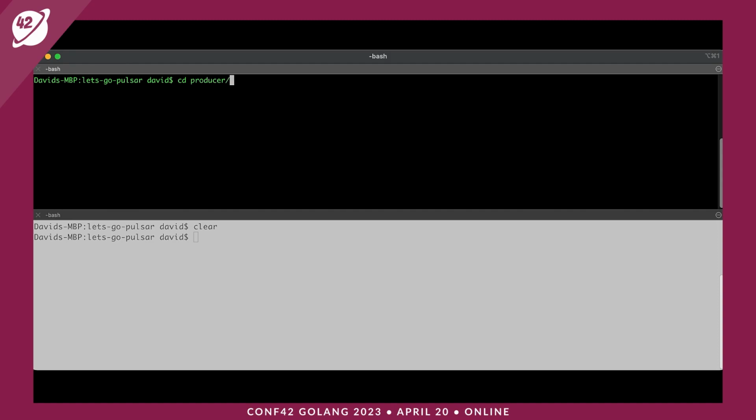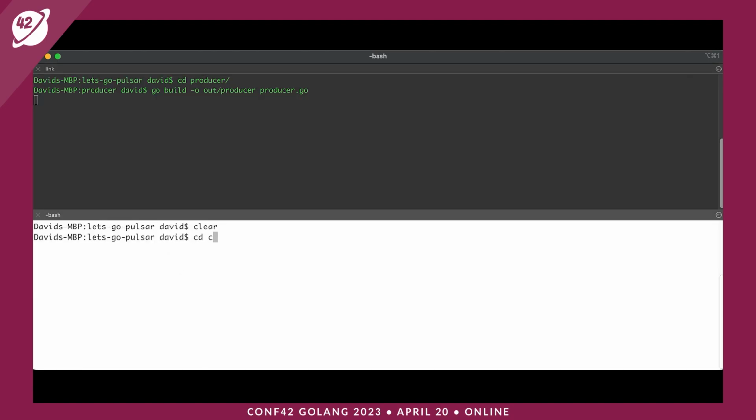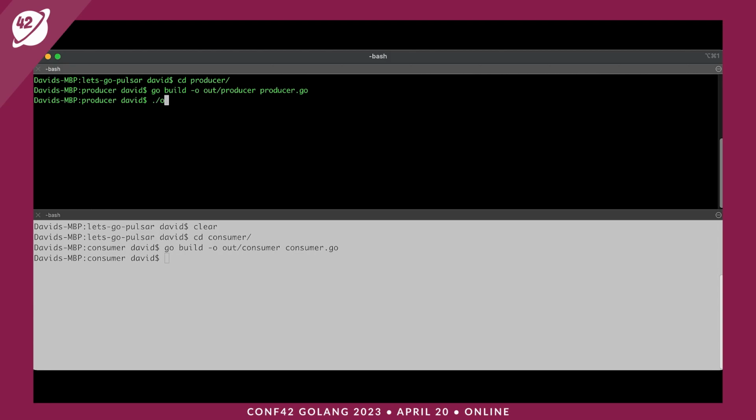Now that we've reviewed the code, let's build and test the code locally. We'll start by changing into the producer directory and using the go build command to build the Pulsar application. In a different window, we'll change into the consumer directory and use go build to build the consumer application. Once these binaries have been created, the next test is to run them locally. So we'll run the command here using